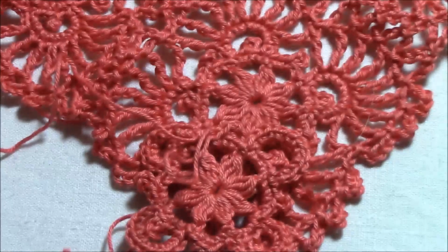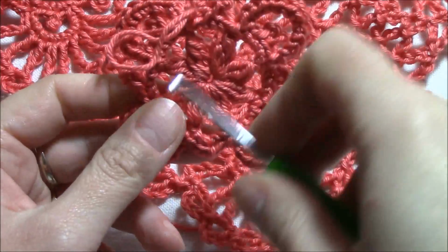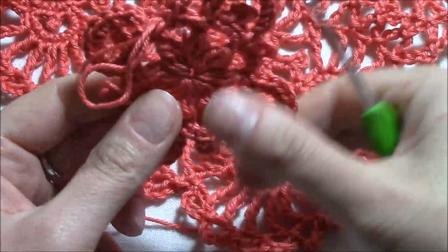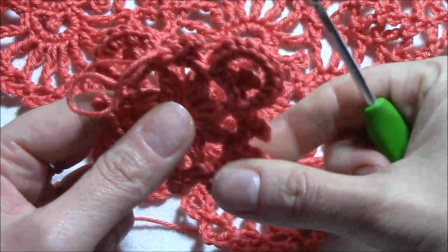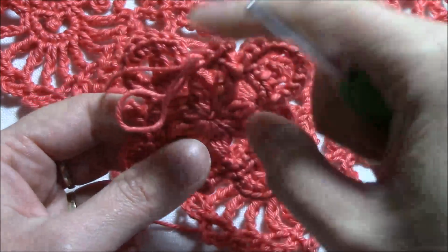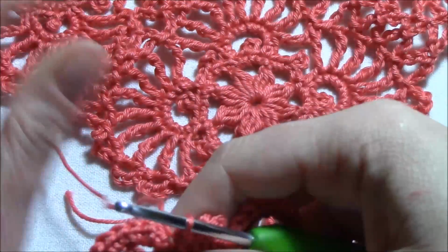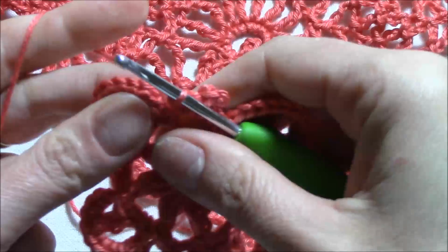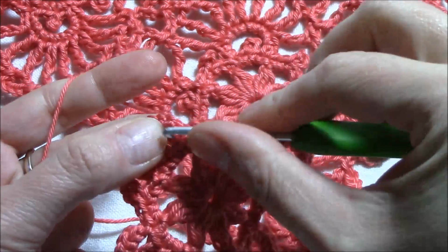I finished the second round and I have my 4 corners, and in between them only the picots. So for the corners I have the arches and the picot, and for the sides, let's say, I have only the picots. Okay. Now let's get started with our second to last round, and we will insert the hook